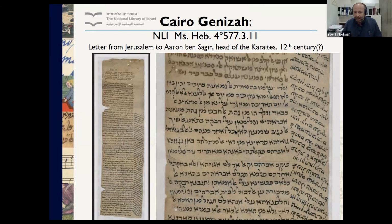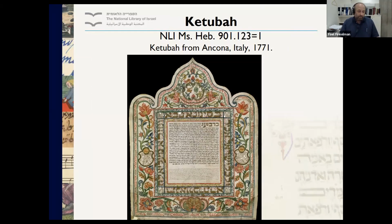Paper was very valuable. This is a 12th century paper document. And paper was very valuable, and it's very hard to organize a letter. You can't delete things the way we do in emails today. So often letters have, and we'll see more examples of marginal writing as we keep going. So, or a single document like a ketubah, and we can contrast, let's say, this absolutely stunning 18th century Italian